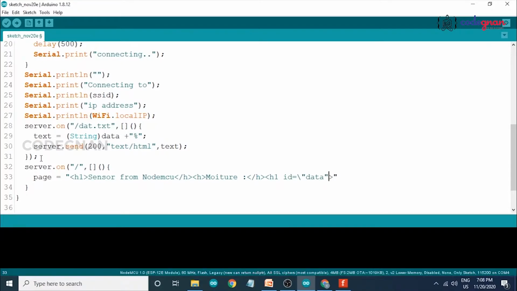Now close this data, close h1, then \n for our convenience, for our visualization.